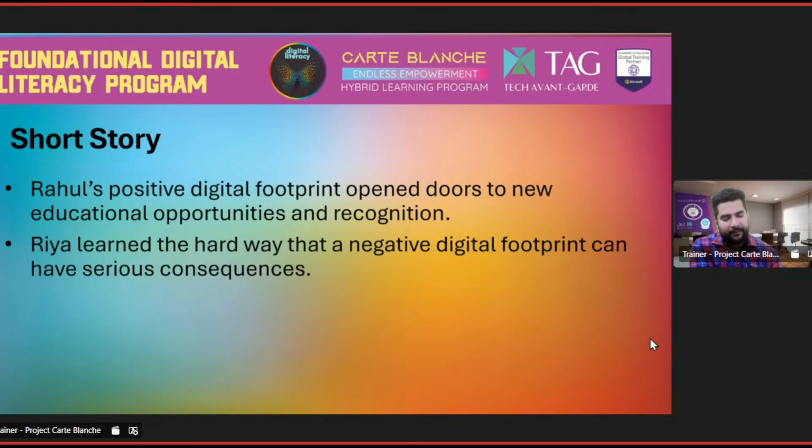And when the job openings started, when the job fair started, her background verification took place. The college officers also started checking the background of students, and ultimately this created serious consequences, because they think that if this student joins our school, college or job, she will start spreading negativity in our organization, so it is better not to hire her.